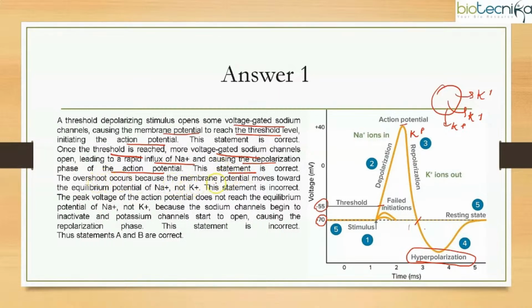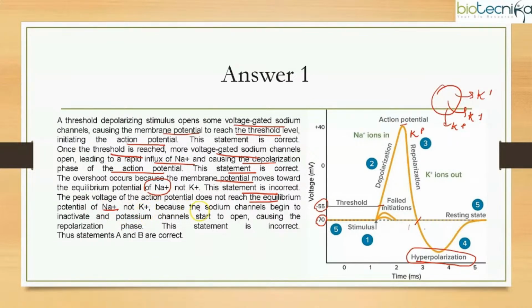The overshoot occurs because the membrane potential moves towards the equilibrium potential of sodium, as I said in the beginning. So this statement is incorrect. That is statement C. The peak voltage of action potential does not reach the equilibrium potential of sodium